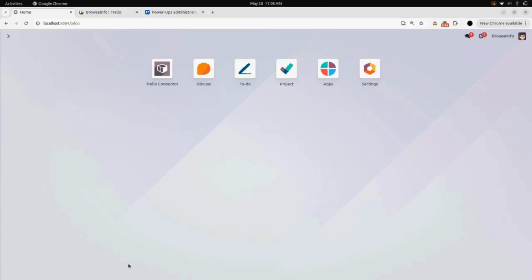Hello everyone, let me walk you through the demo of the Odoo Trello connector in Odoo by BrowseInfo. This application enables seamless integration between Trello and Odoo, allowing teams to sync boards, cards, tasks, and users across both